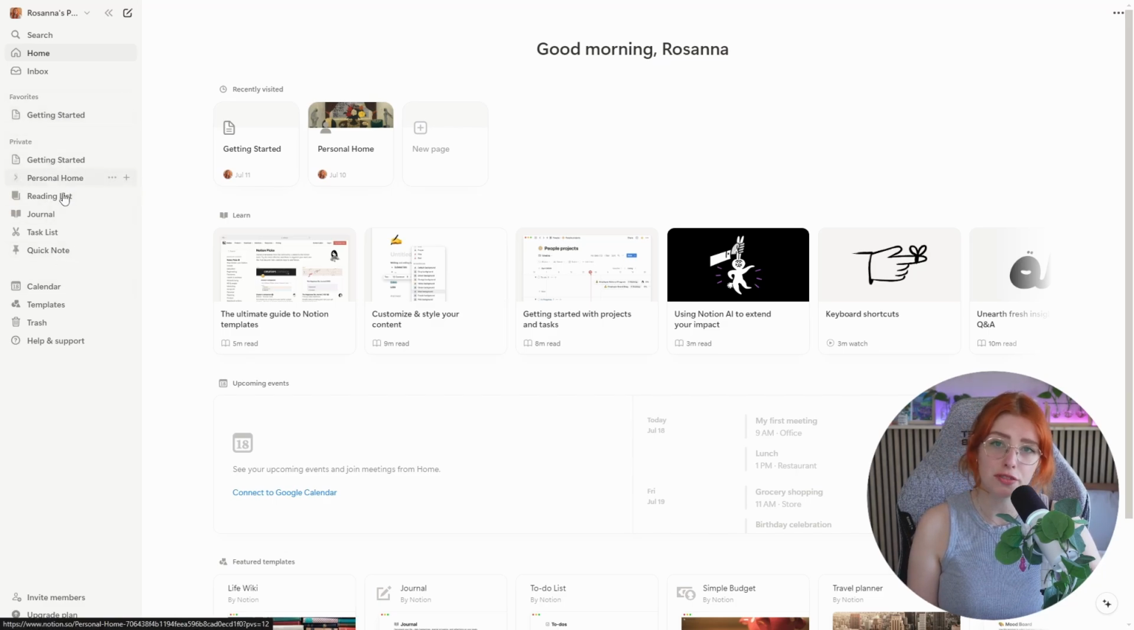These are basically all of your pages that are living in your Notion space. You can also create pages within pages. So as you can see in the personal home, there's already a movie list and recipes and yearly goals and travel plans. And you can extend that by clicking on the little arrow right next to the page name. If I make this a